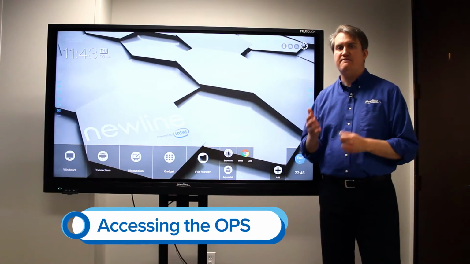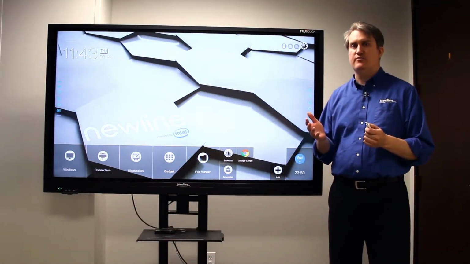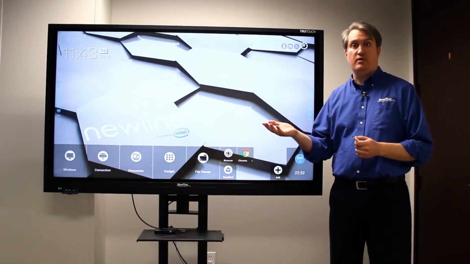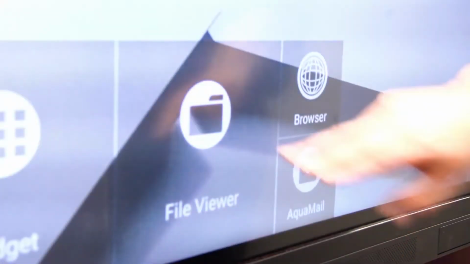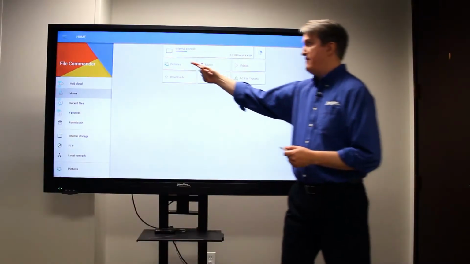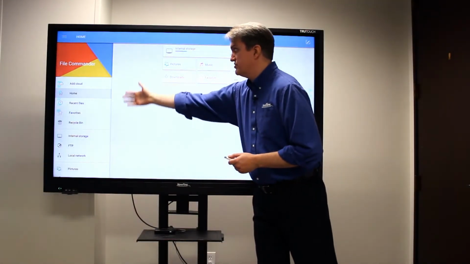File Commander is a very convenient way to access information when a computer is not part of the equation. To get to the File Commander, touch the File Viewer button right here. And when the File Commander is open, you have access to a menu right here on the side as well